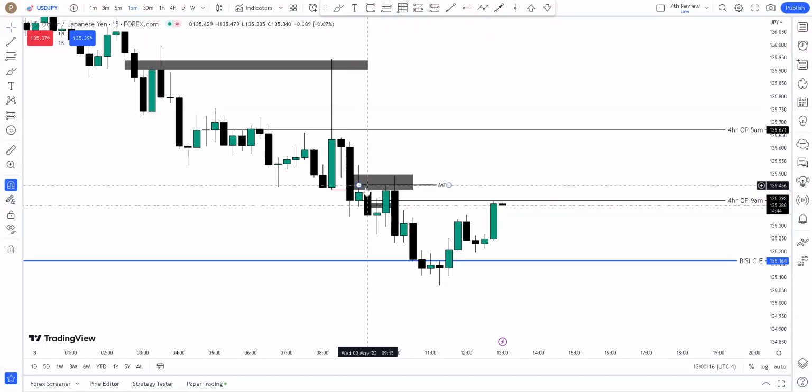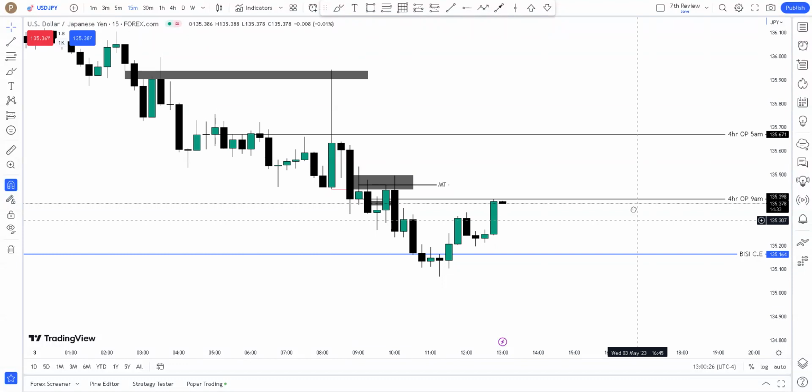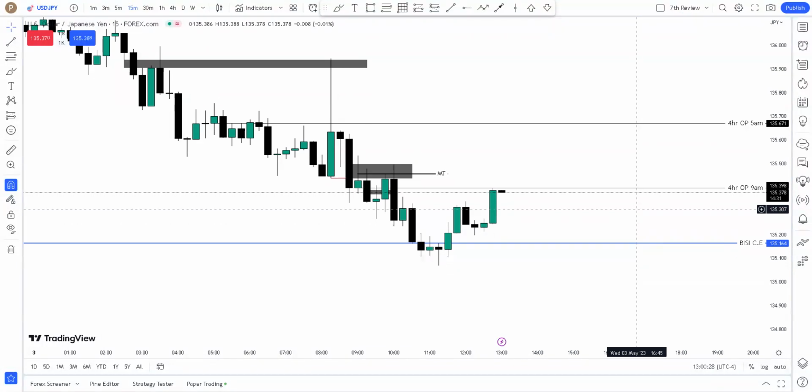But at the end of the day, I was tempted. I ended up getting all tempted to trade, and I took the trade prior to the news release, which is actually an awkward thing because I never do that on a normal day. But anyway, as you can see,